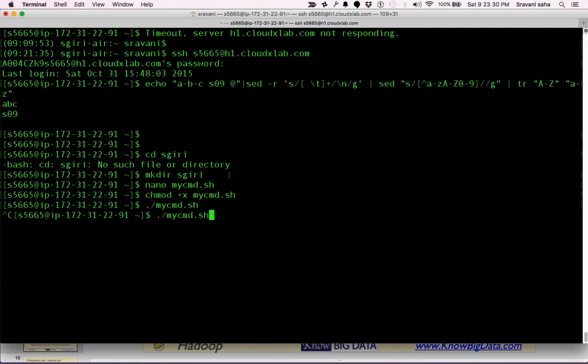Now let's test whether it's working fine or not. A1 hash B and let's say %D. You can see that it has cleaned the data. It has removed special characters like hash and ampersand, converted it into lowercase, and also replaced the space with a new line.